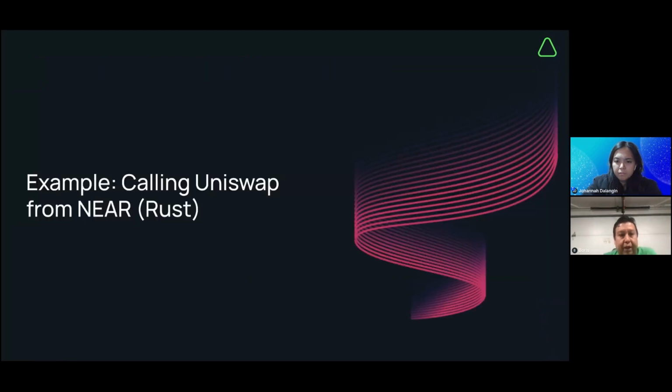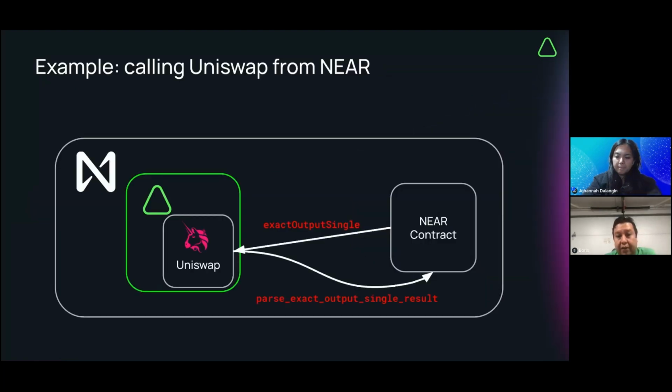So now we will do the other way. We will call Uniswap, a contract deployed in NEAR. We'll call it from NEAR, deployed on Aurora. This probably doesn't apply much to the hackathon side, because for the hackathon, the idea is that you deploy the contracts in Solidity in Aurora. So you should be doing this. More relevant is the first part, right?